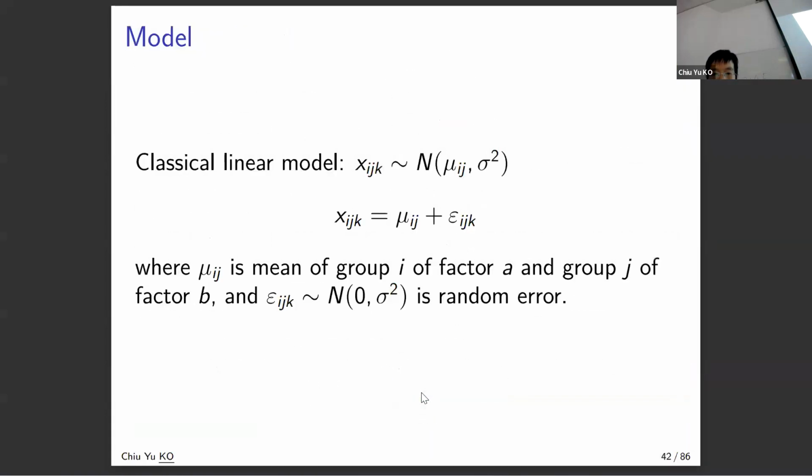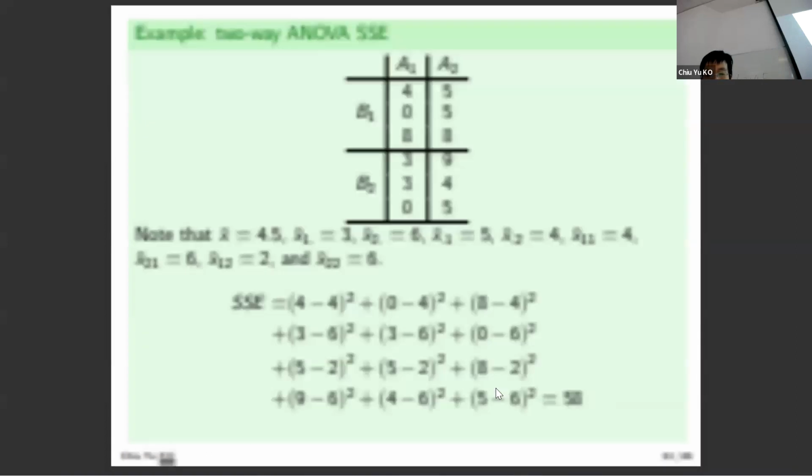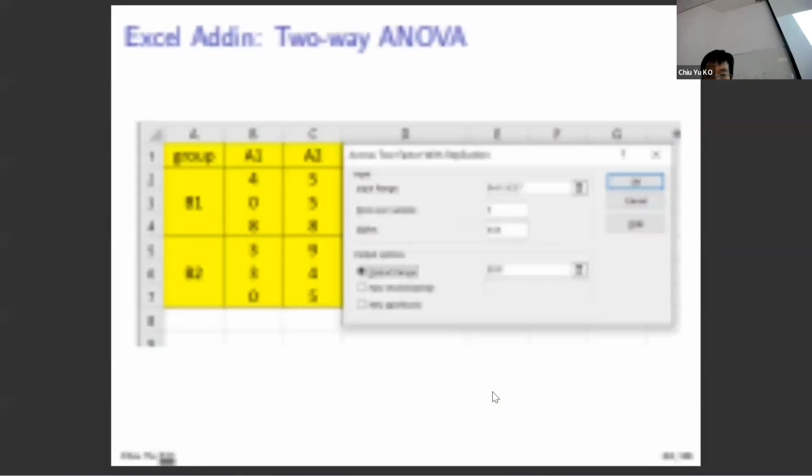The data you have in two-way ANOVA is like this. A will be grouping, say, by age, and B may be, say, location, or birth, where they were born. A is age, B is birth, for example. And if you run ANOVA,